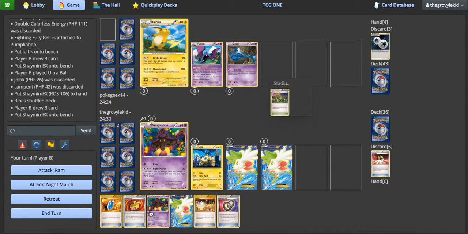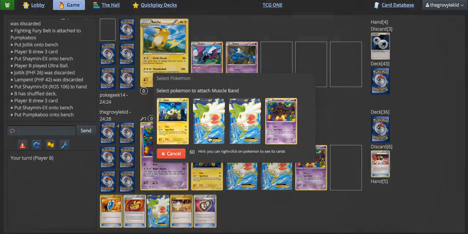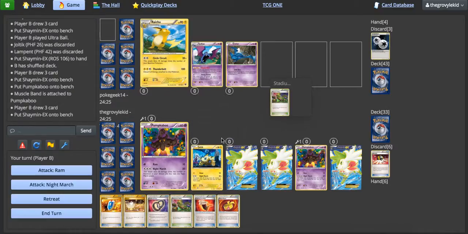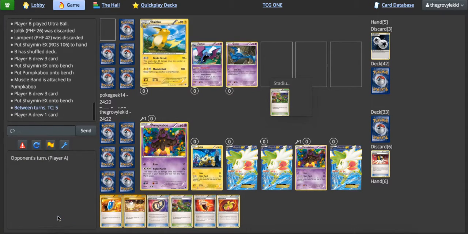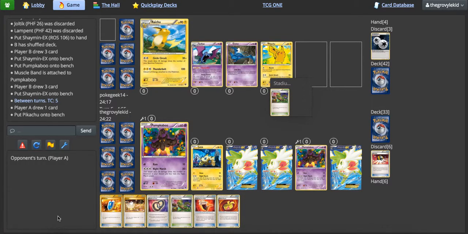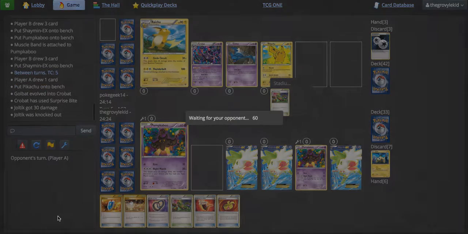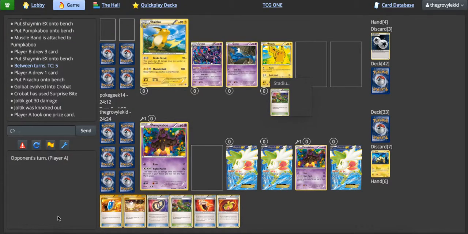So, yeah, 20 to 30 damage, cool. Against a Night Marcher with a Fighting Fury Belt attached. That's not enough. And oh joy, bad hand. I love how I'm talking about this as I'm being destroyed playing Night March. Same with Greninja BREAK, where either Joltik, or both Joltik and Pumpkaboo, take multiple Water Shurikens